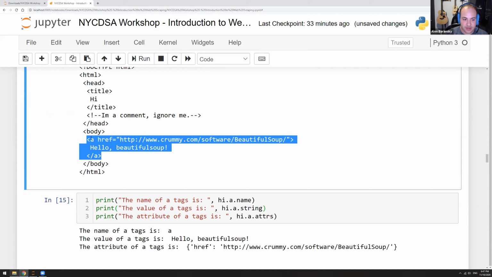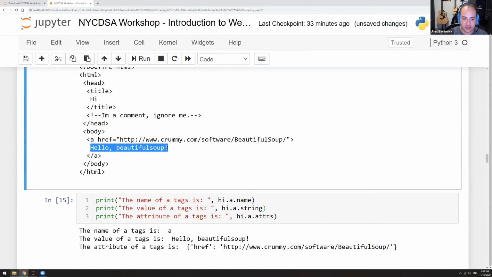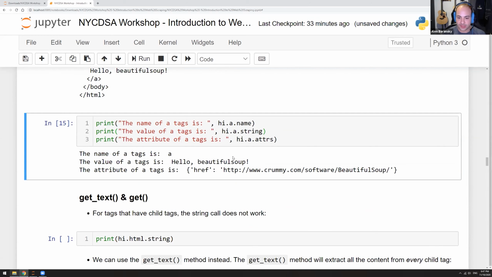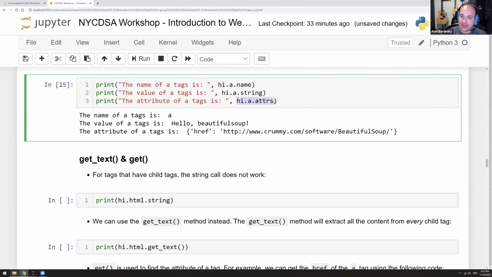So here's our A tag, right? Here's the open and the close tag. And then the value of this A tag is "hello beautiful soup." So hi.a.string will return the value of that tag, which is hello beautiful soup. Okay. And then hi.a.attrs, this attrs thing, like I said before, is a dictionary which contains the keys. Each key will be a different attribute, and then the value will be the value of that